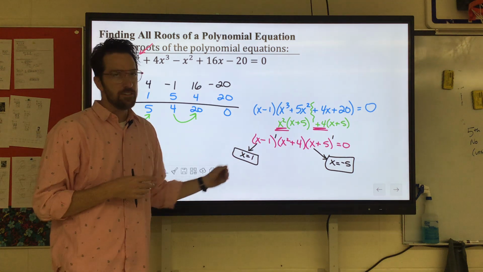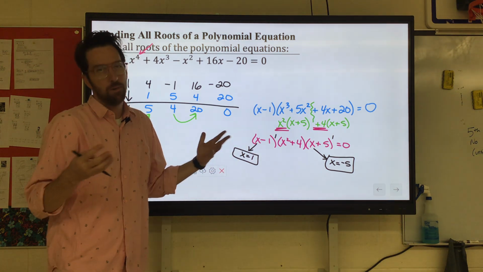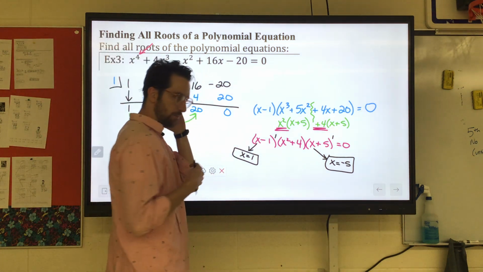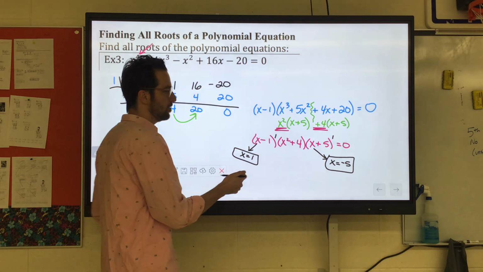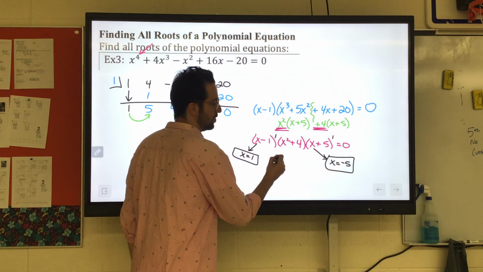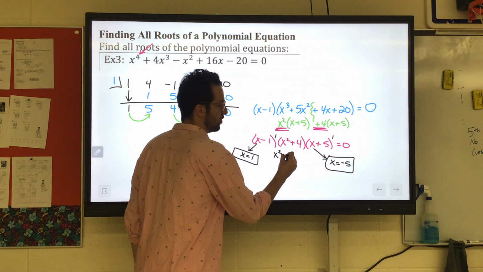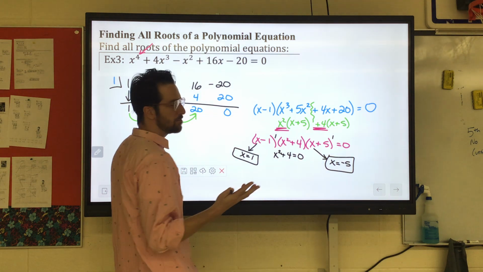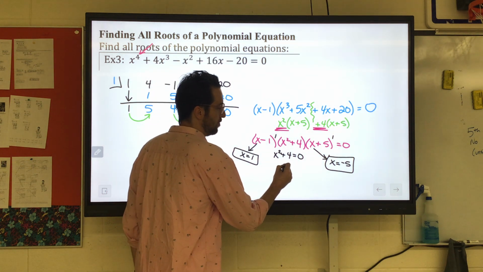Now, with these, it's easy. It's just opposite. X minus 1, positive 1. X plus 5, negative 5. But what we're really doing, and we're just kind of shortcutting with those, is we're setting an equation equal to 0. We're doing x squared plus 4 equals 0, and we're solving that. We've solved problems like that before. You would subtract the 4,